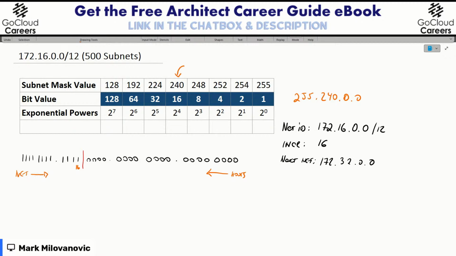Now, assuming that we understand networks, we count from left to right because of the consecutive ones, and hosts we count from right to left. All that matters is we need to understand we already have a network. This is our network. So when I calculate the value of this position, remember, I'm starting at the next value. I can't do 1, already have it. It'd be 2, 4, 8, 16. I can't get past this because this belongs to the hosts for now. But my math is still binary. I'm still doing multiplication by 2.